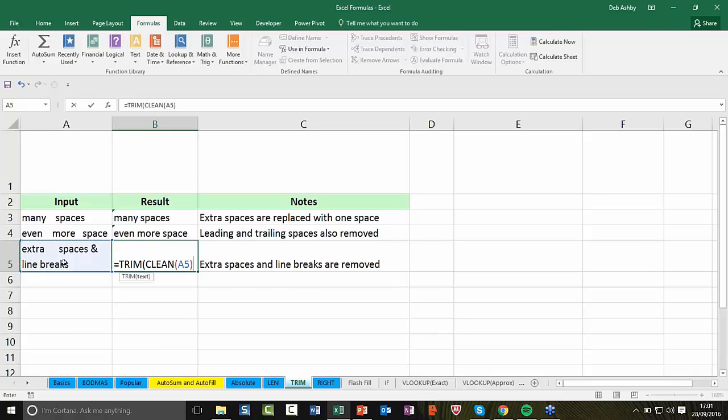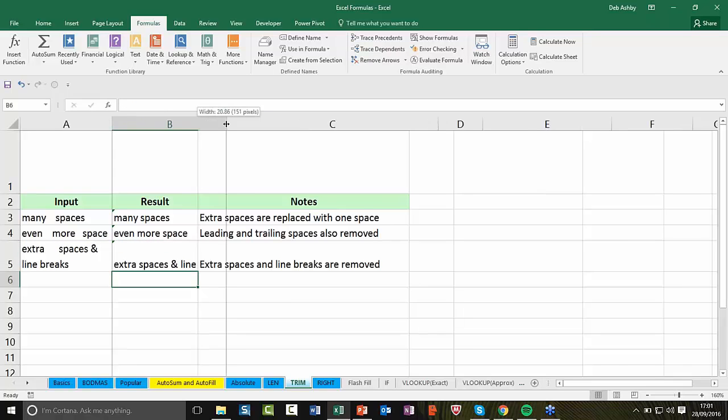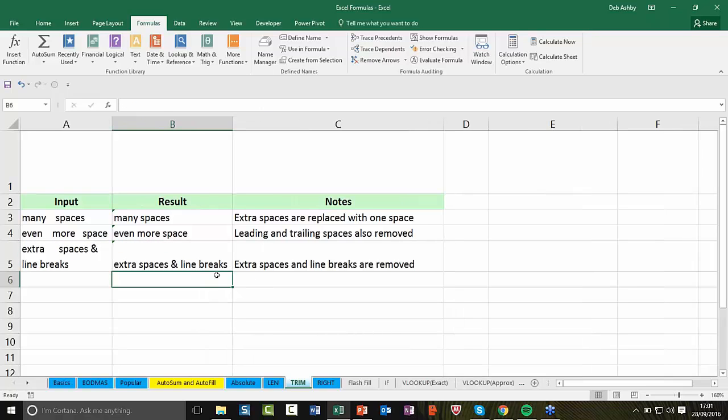And we need to close the brackets twice. Okay, why do we need to close the brackets twice? Because every time you have an open bracket, there must be a closed bracket on a formula. Okay, I don't know if I typed that in or if it's just hidden. Yep, there we go. So now you can see that it's removed the spaces and it's also removed those line